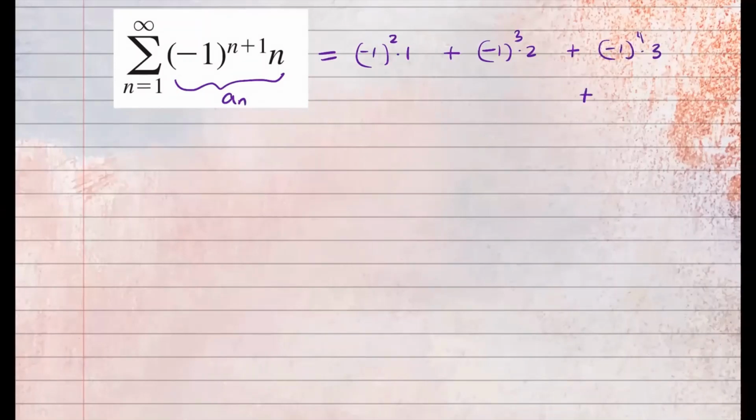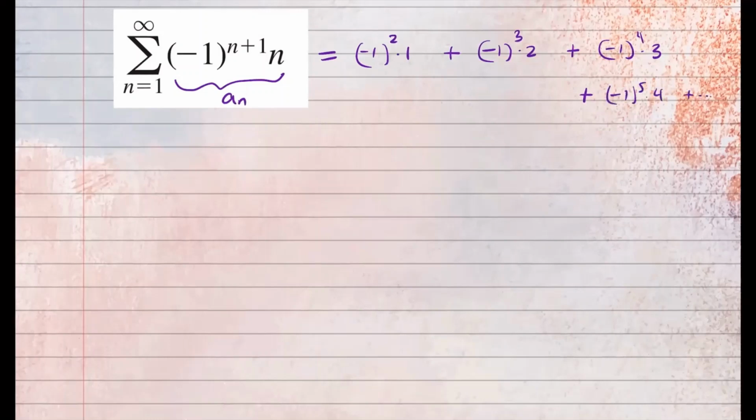Let's take a look at this series. We're looking at the sum from n starting from 1 to infinity of negative 1 to the power n plus 1 times n. Let's write out some of the terms. So this is your a_n. If I let n equal 1, I have negative 1 to the 1 plus 1, that's 2, times 1. Plus, if I let n equal 2, I have negative 1 to the third power times 2. Plus, if I let n equal 3, I have negative 1 to the fourth power times 3. Plus, let's write one more term so you start seeing what's happening to this series. If I let n equal 4, then you'll have negative 1 to the fifth power times 4,